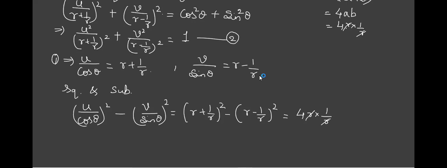What do you have other than 4 on RHS? You compare with ellipse or hyperbola, is it not you have it as 1? Okay. So I don't want this 4 should be here. So what has to be done? I want it to be 1. Divide. Let us divide by 4.